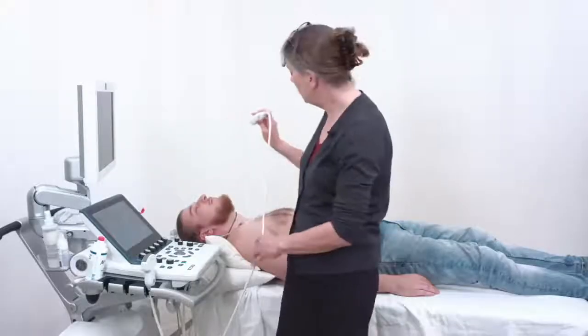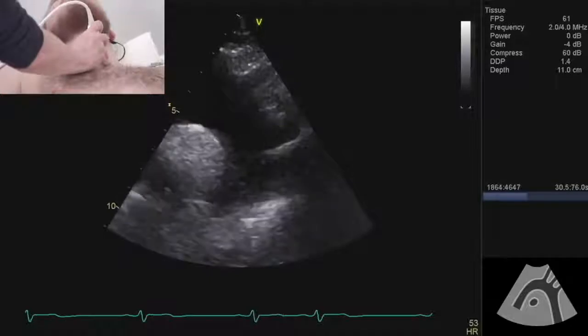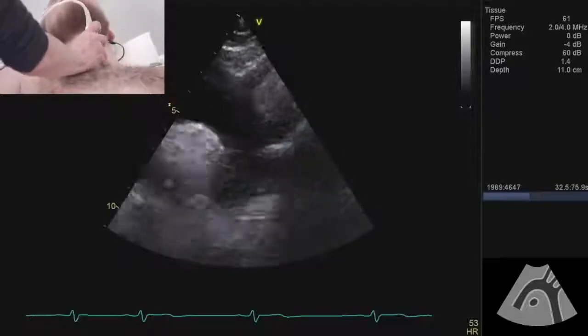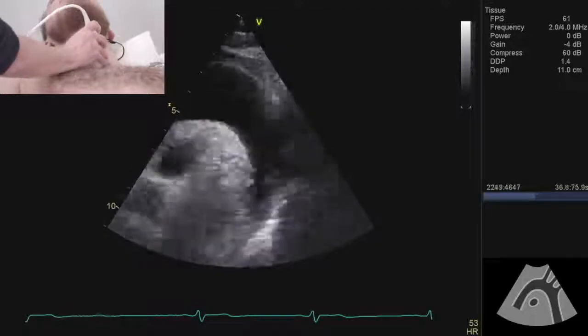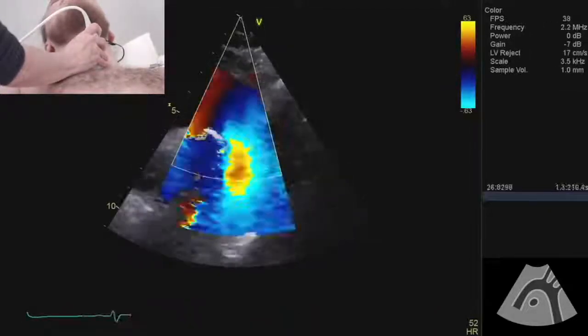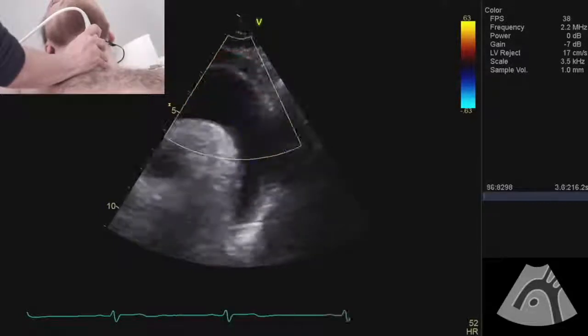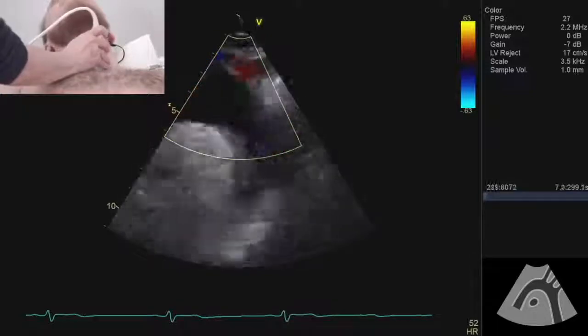So we're going to be scanning in the suprasternal view. So I'm pointing the probe notch towards the left shoulder, so I can see the arch like this. I'm going to have a hunt around for those head and neck vessels. They're not the easiest to see, and the colour Doppler hopefully will help me. So what I'm looking for